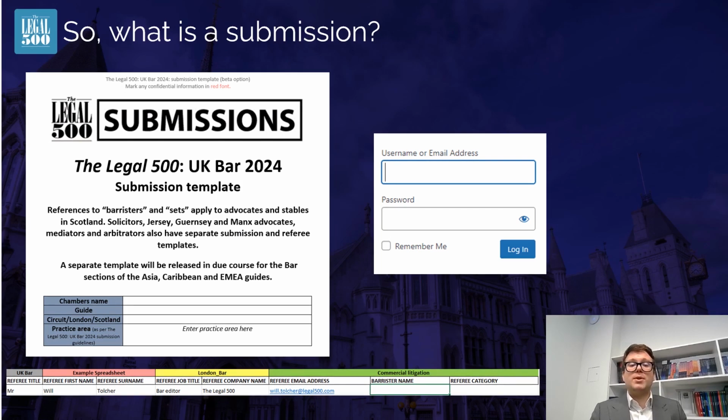The submission documents come in two parts. The first is a written Word document in which you can let us know about Chambers as a whole and what the members have been up to over the past year. The second is an Excel spreadsheet to nominate referees. These are sent through a platform at